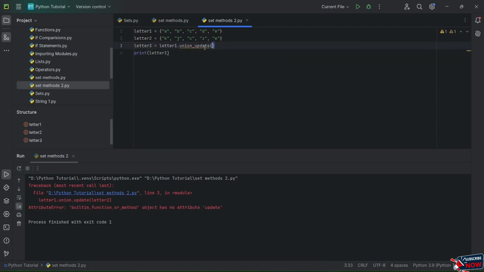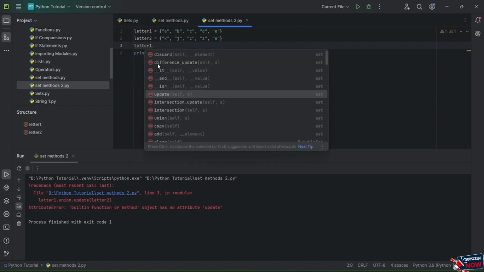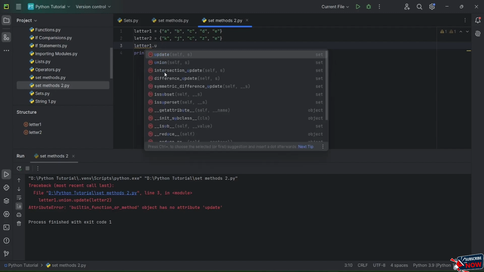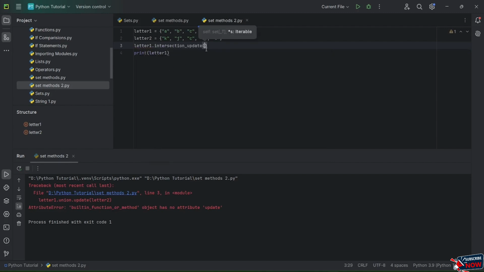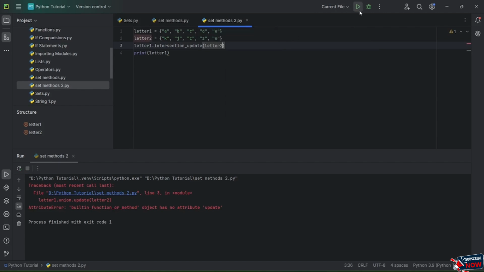So now let me come here and delete this whole thing, and over here let's type letter 1 dot union, or let's go with intersection update. Okay, so now let me show you about this intersection update. Let me just go with letter 2. Now if I just print, you can see I only have C and E